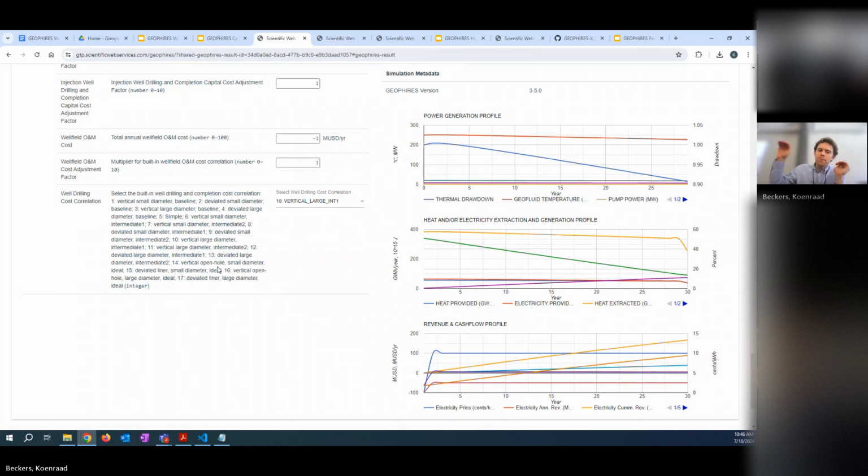These are dependent on the depth that you're drilling to, and you can specify the base case, it's the more advanced, or if you don't want to use it, you manually specify what your drilling cost is. In this particular case, we assume a vertical one, large diameter, but it's an intermediate one, so it's a little bit more aggressive than the base case,